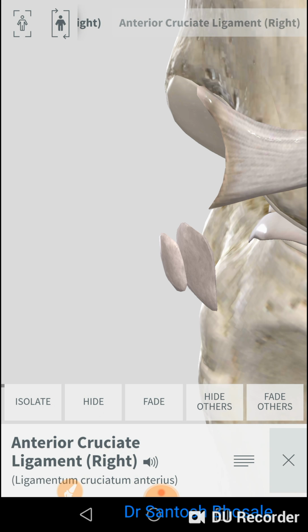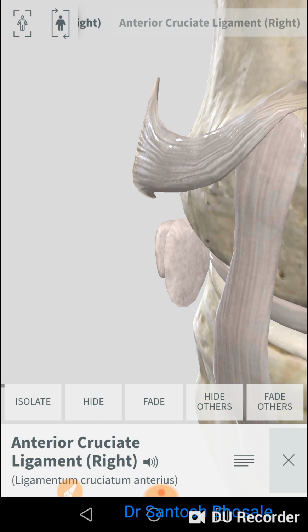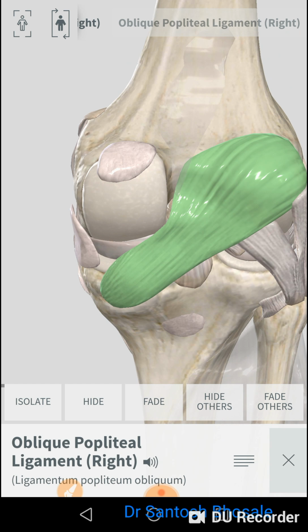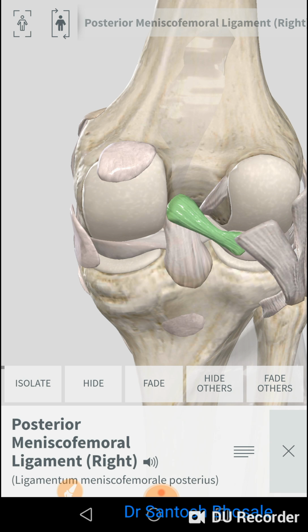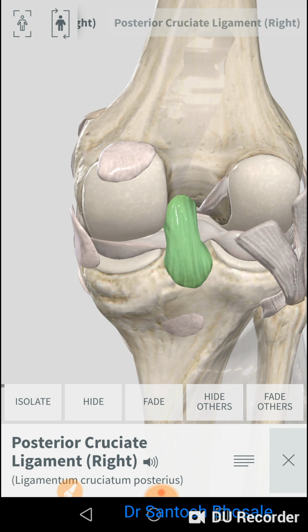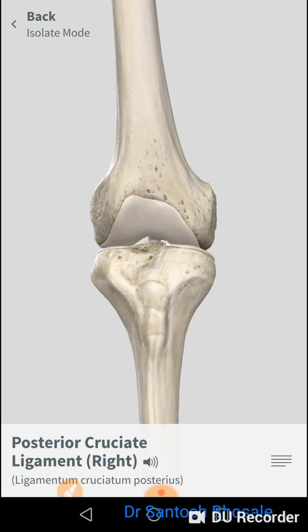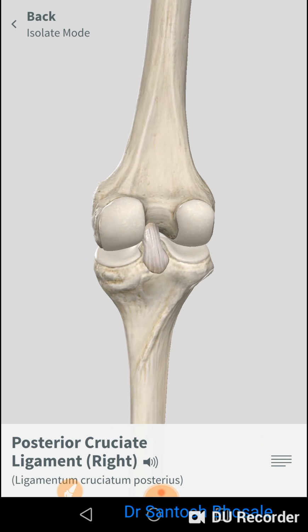And if you see here, there is one more ligament in that intercondylar notch. This is the oblique popliteal ligament derived from the semimembranosus muscle, and here you can say this is the posterior cruciate or posterior meniscofemoral ligament. I'll hide this, and here you can see this is the posterior cruciate ligament attached to the anterior part of